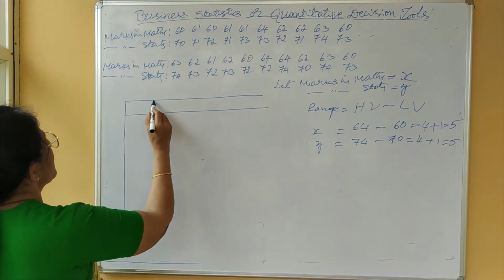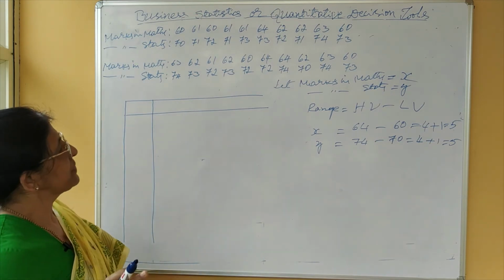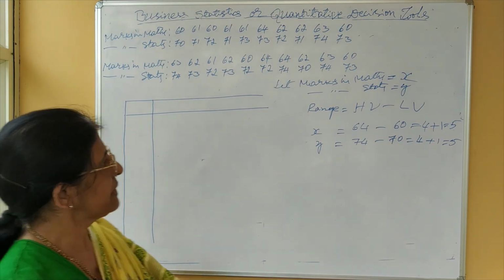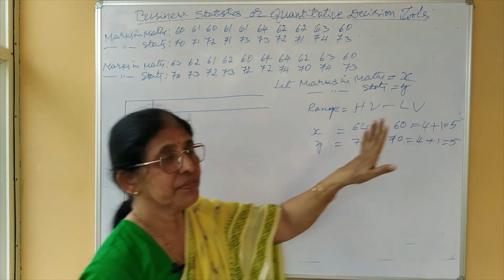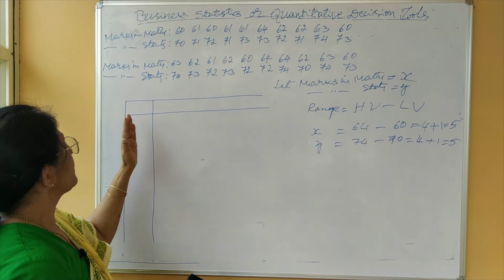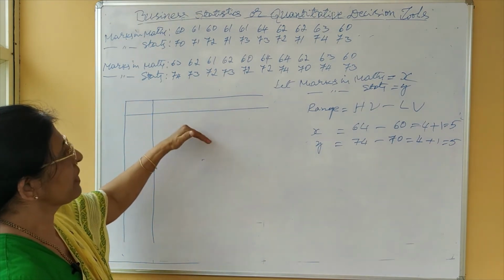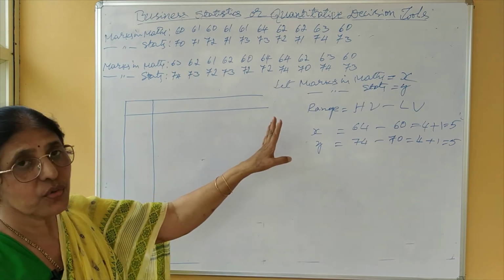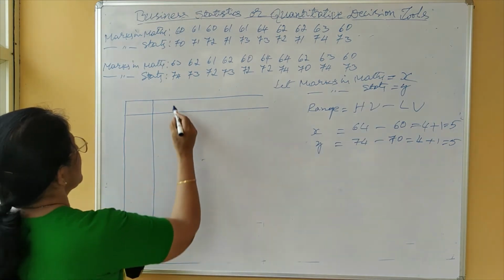Okay. Now, how many columns do we have to draw for that? Here for numbers we have to take 5 columns. Then for headings of rows and headings of columns, 1, and the last one is total, which means we have to take 7 columns and 7 rows. Like this.